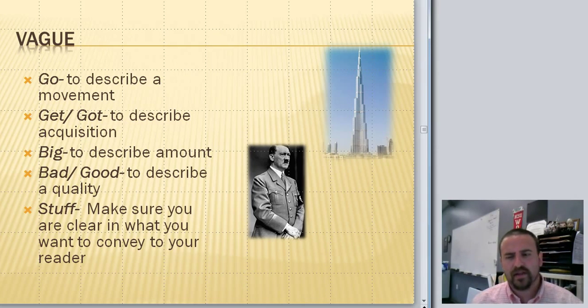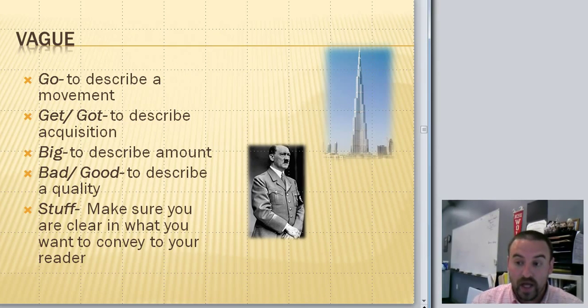When you're talking about something that you have or that you've recently gained, a lot of people say, I got this, I got that, I get this, I get that. You use it more and more, and people start to think that you don't know another word other than got for describing receiving something, acquiring something, or some other term that means what you really want to say, but you've just fallen back on using got or get.